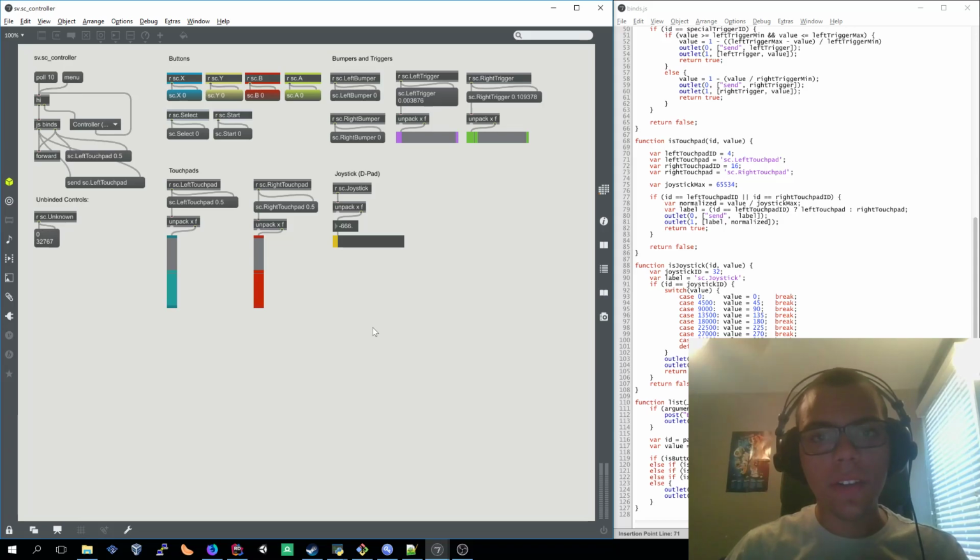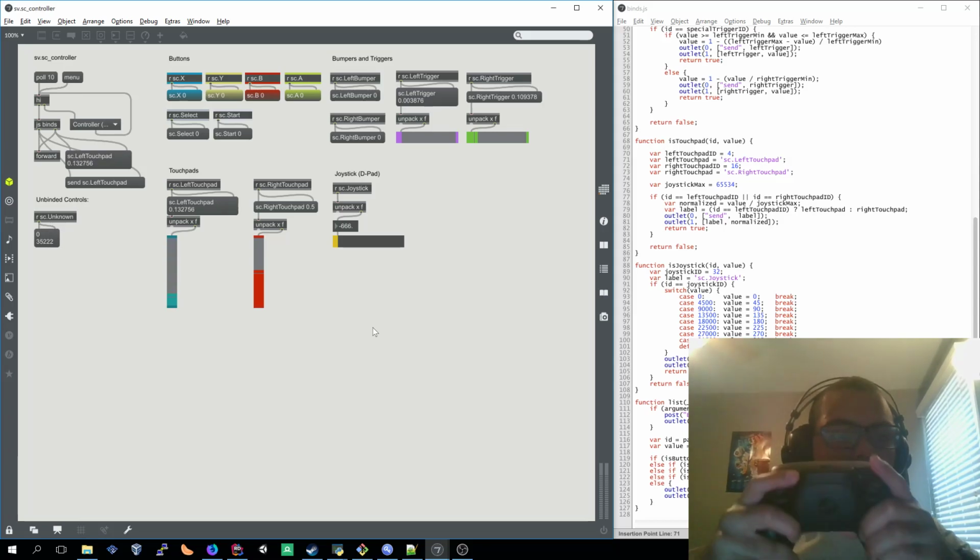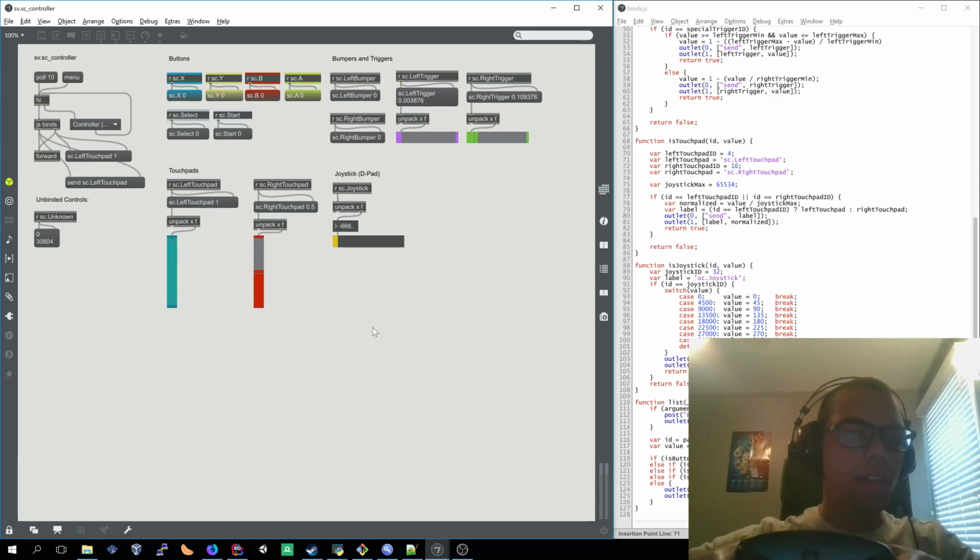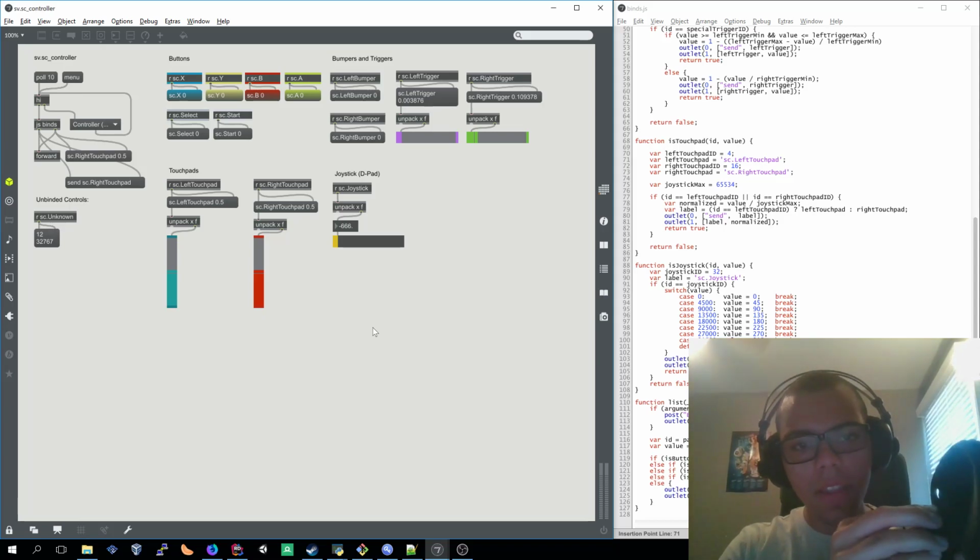And then this controller is actually gyroscopic enabled, so I set it up so that if I press either of the left or right grips and move the controller, it's also another way of interacting with the touchpads. And then finally I set up the joystick kind of like a dial, so it reports